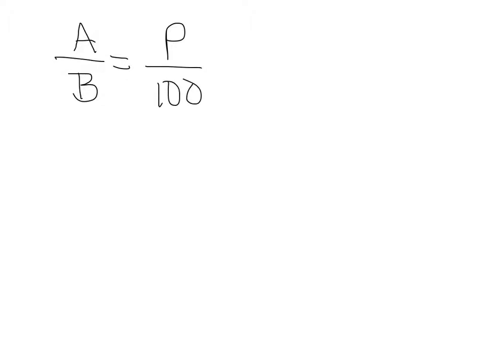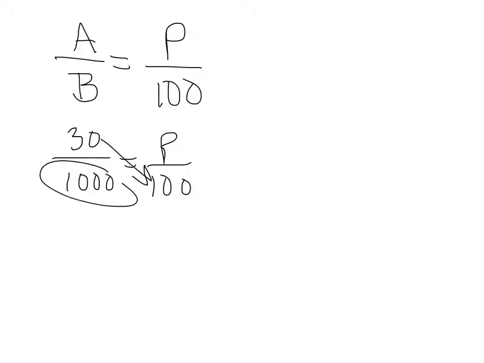So our B is going to be 1,000, and then each one is going to be the amount. So we would have 30 over 1,000 equals P over 100, and we would cross multiply and divide and solve that. And we would get that P equals about 3%. And then we could do